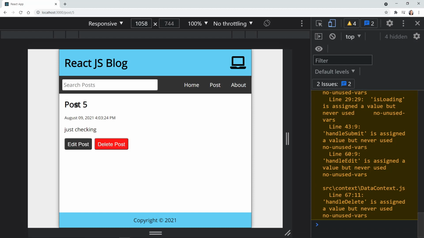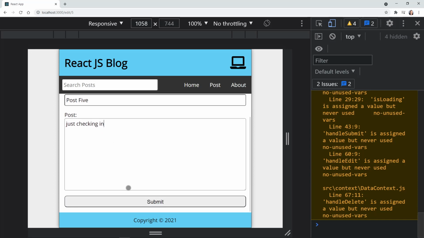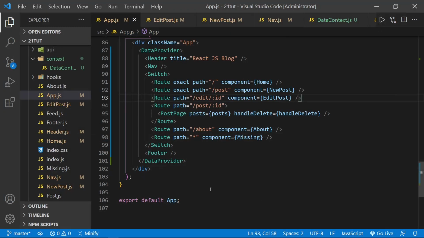Let's pick our new post 5. Let's edit the post and change the 5 to the word 5 and just checking in. And we'll submit. And yes, edit post works just fine. Let's go ahead and minimize Chrome. Not much left to go on this initial refactor, but we've got one more component that is receiving some props